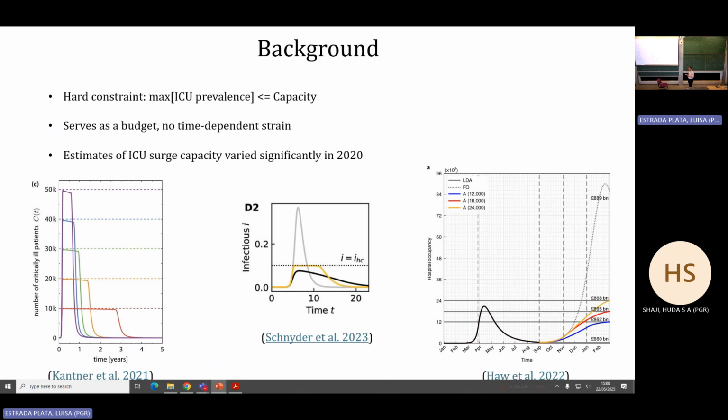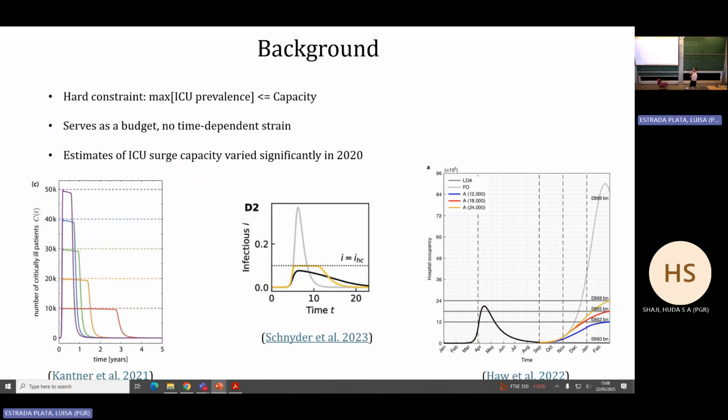So what did optimal control people do? We have some constraint in our objective function. I'm going to refer to this as a hard constraint, that the maximum ICU prevalence can't exceed some capacity, and they're using beds as a proxy. So the solutions coming out of these models, when you assume the cost of control is expensive, is that you kind of do nothing. You have a flat line where you bring up the reproduction number to 1, very close to your capacity line, and then you relax when you get to herd immunity.